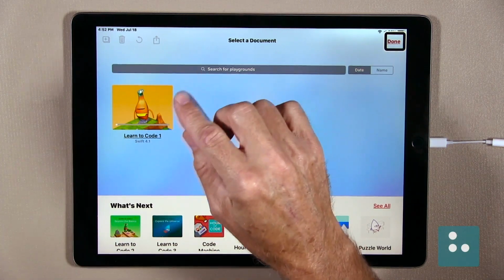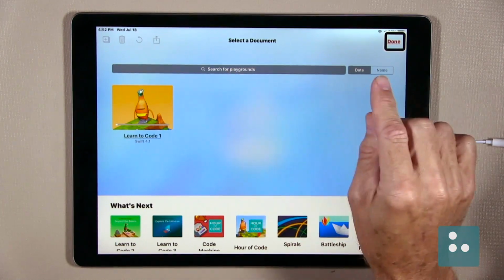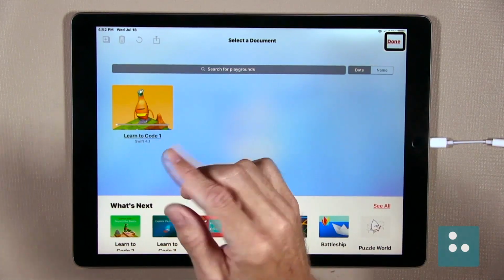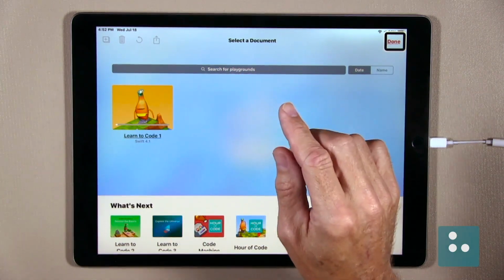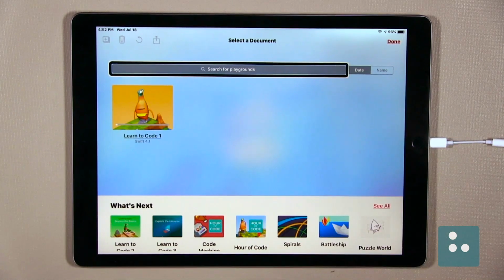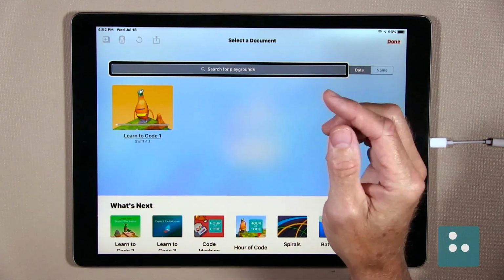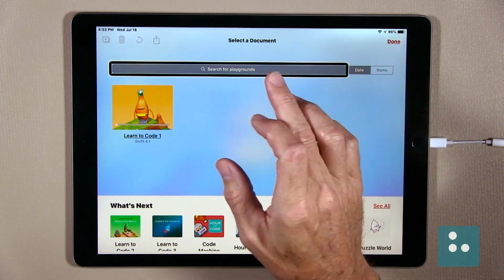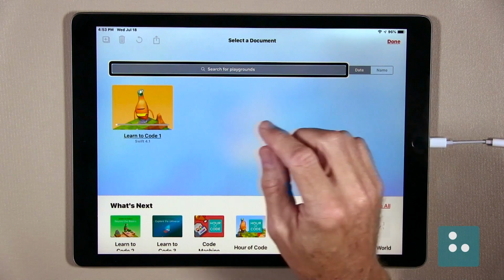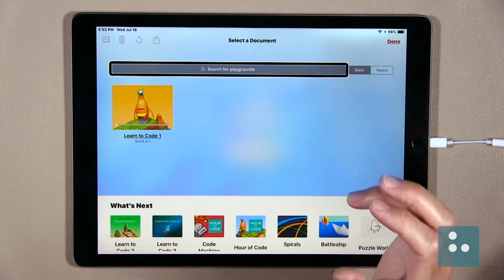Now, we only have one downloaded playground. However, we also have a couple of more elements to flick through before we actually get to our downloaded content. So we'll quickly just right-click. Search field. Double tap to edit. Okay, here is our search field, and again, we only have one playground downloaded. However, if we had a lot of playgrounds downloaded here, we could simply use our search field to search for and find the exact playground that we want, which is really great for us.